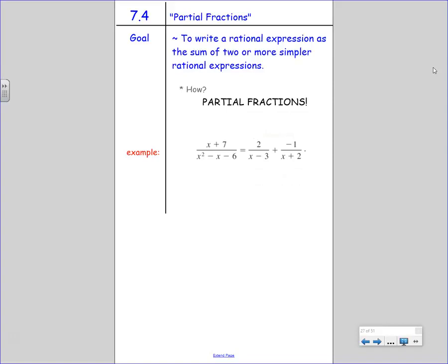All right, so partial fractions. Goal. You guys already wrote it down: to write a rational expression, a fractional expression, as the sum of, so to write 1 as a sum of 2,